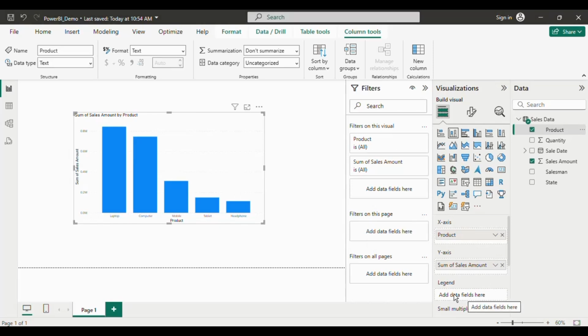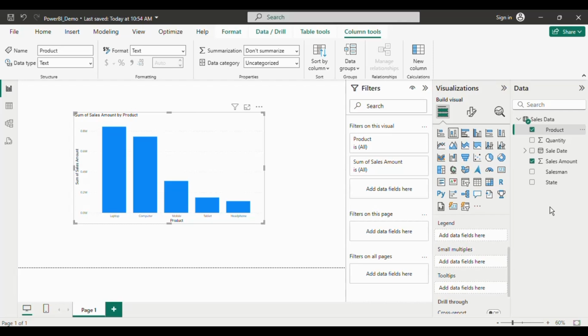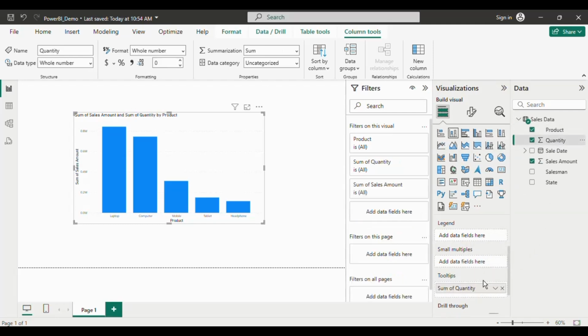Now in the tooltip, I want to see the quantity, so how many laptops were sold. I will drag this quantity into the tooltip so that if you hover on this laptop now, it is showing the product, sale amount and the sum of the quantity. So it is showing sum. For example, if you want to see average and all,